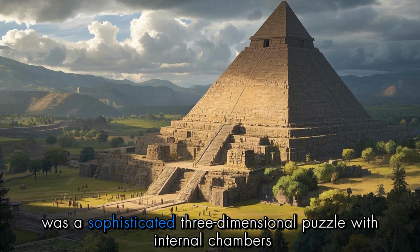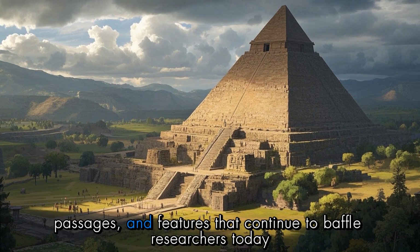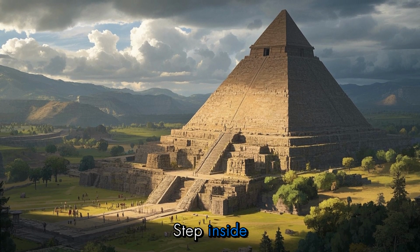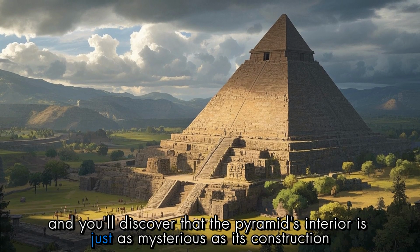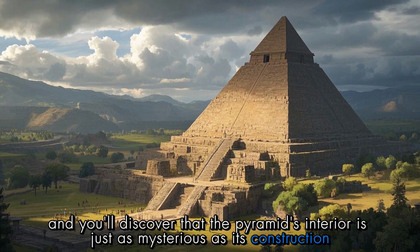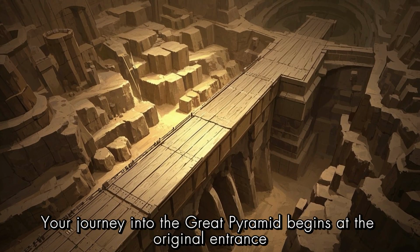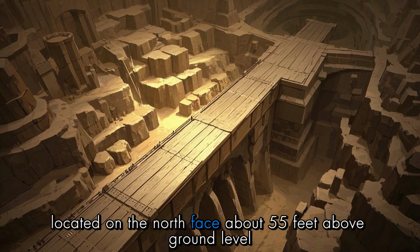It was a sophisticated, 3D puzzle with internal chambers, passages, and features that continue to baffle researchers today. Step inside, and you'll discover that the pyramid's interior is just as mysterious as its construction. The descending passage. Your journey into the Great Pyramid begins at the original entrance, located on the north face, about